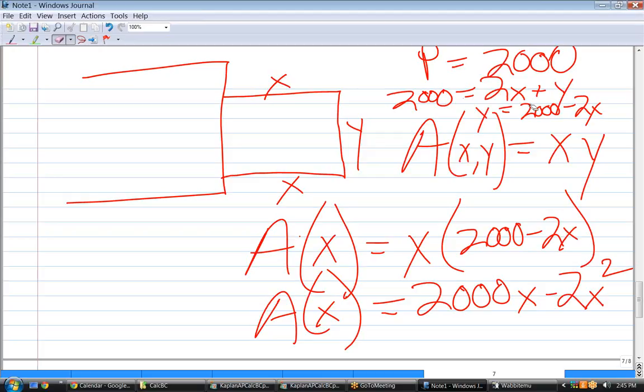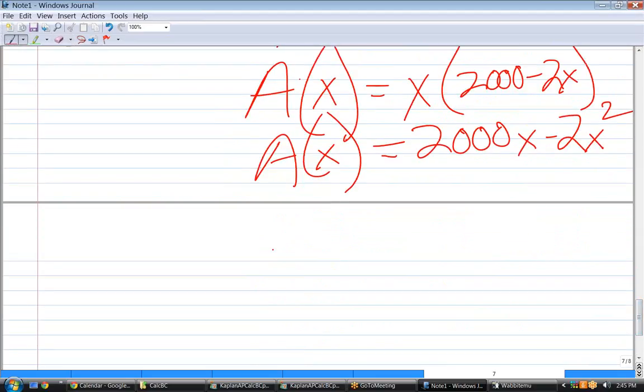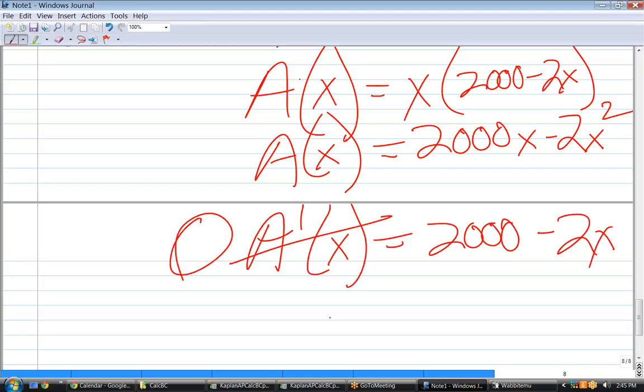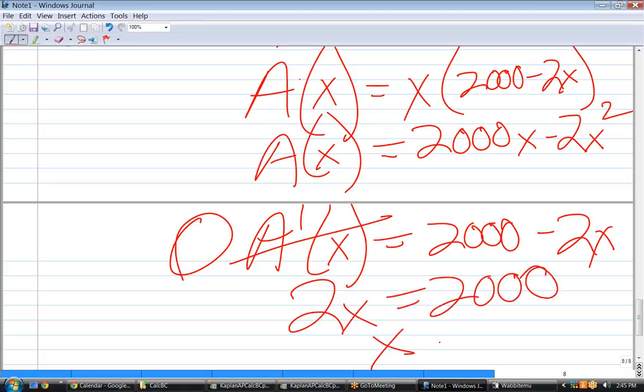I could have solved this for x as easily as y, but as long as I make my function that I'm trying to optimize a function of only one variable, I'm in like Flint. Because notice now I can find A prime of x. Well, that's equal to 2,000 minus 2x. I'm going to set that equal to 0, which makes 2x equal 2,000. So I'm saying that when x is equal to 1,000,